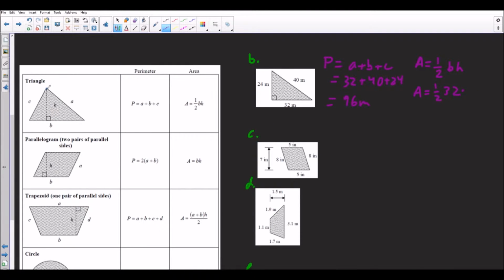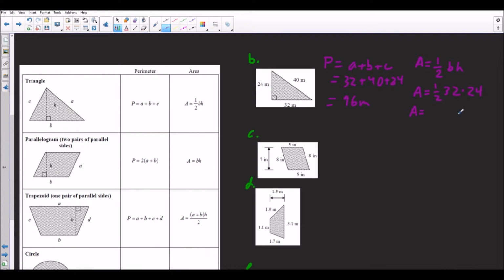So in this one, we have a little bit of a different triangle, but the height we can see is just the overall from the lowest point to the highest point. So from the lowest point to the highest point of this triangle is going to be 24 meters. So 24. So area is going to equal, let's see, 32 times 24